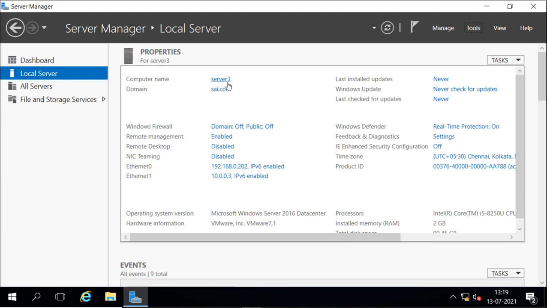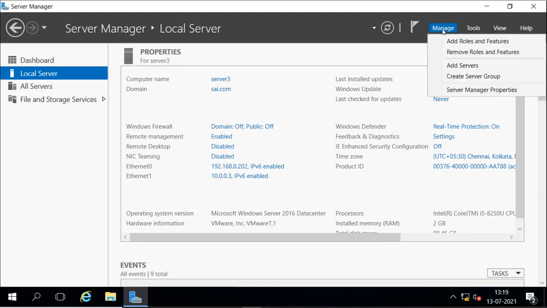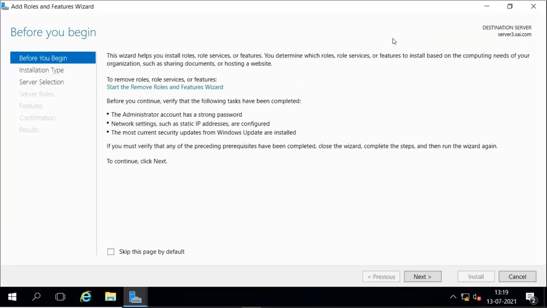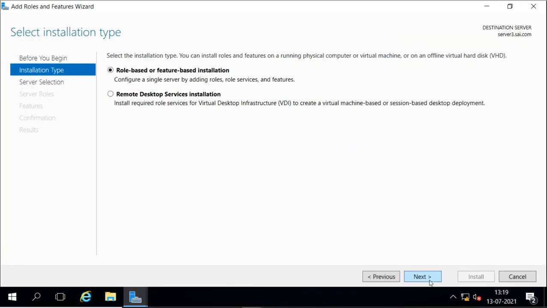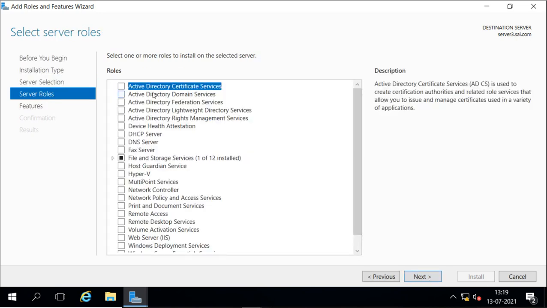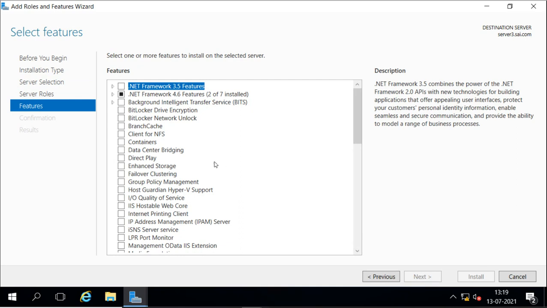So first I'm here in server 3, so I will install the feature here. Go to manage, add roles and features. Next. Now it is not under the roles, it is under the features. So under the features we have this failover clustering feature.